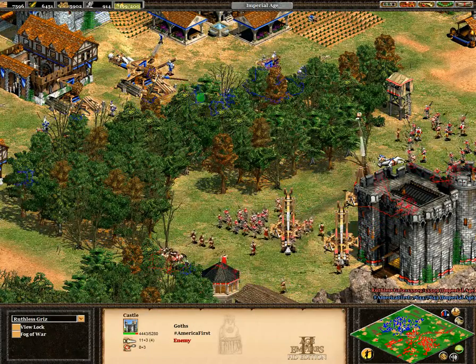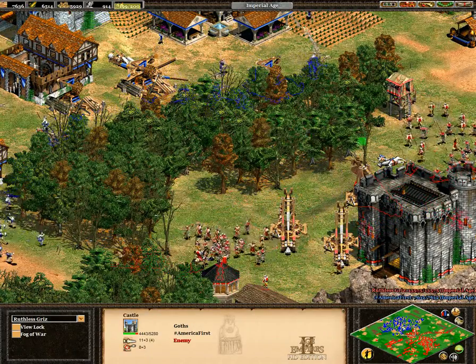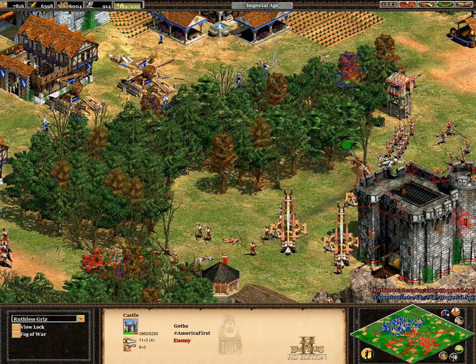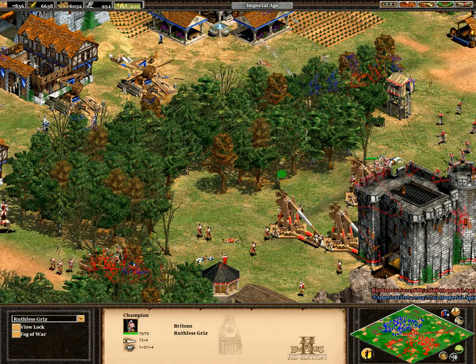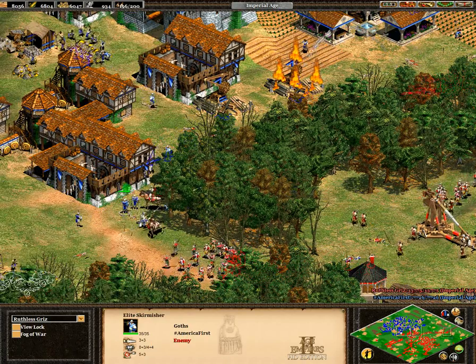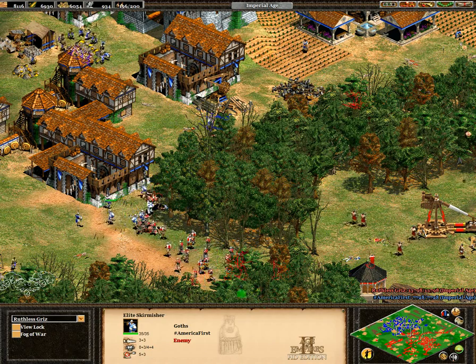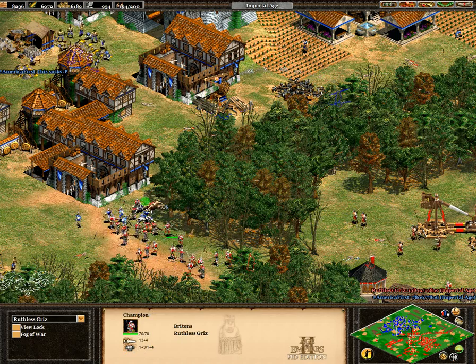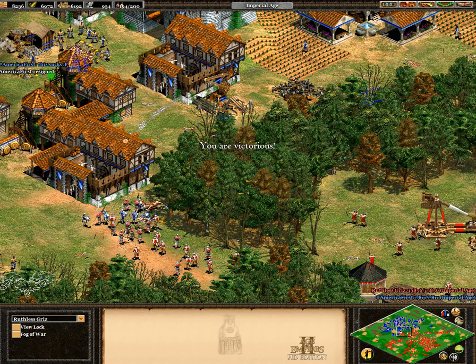Yeah, America trying to shut down that castle, but now we're gonna see the fight here, and I think this is the point where America here, he's gonna realize that, you know, his opponent has halbs and champions. He's way outbalanced, and yeah, he acknowledges it, and there it is. There's the resign from him. So